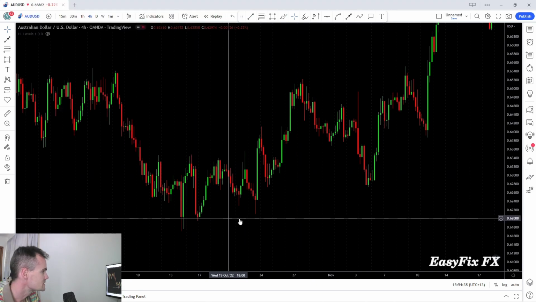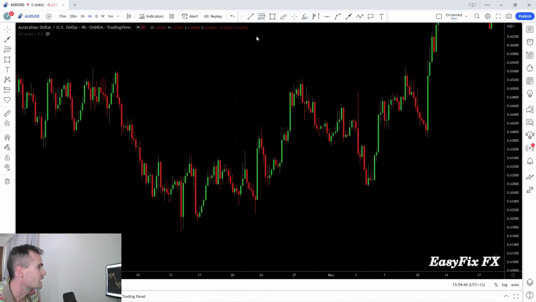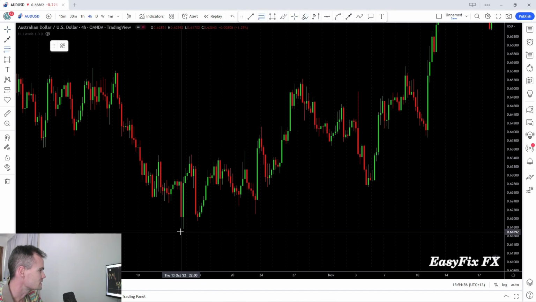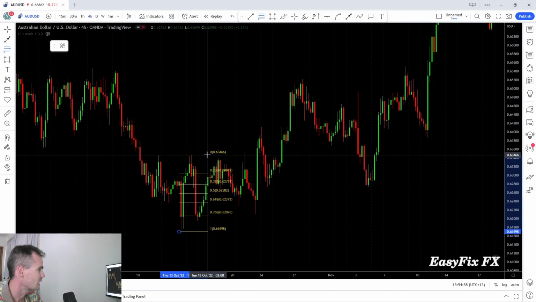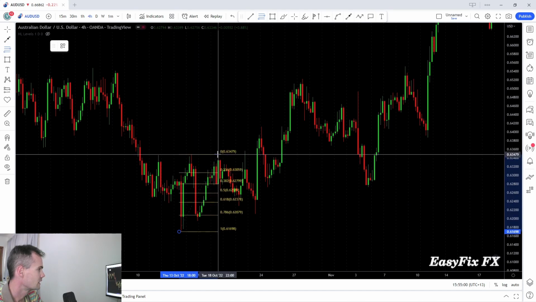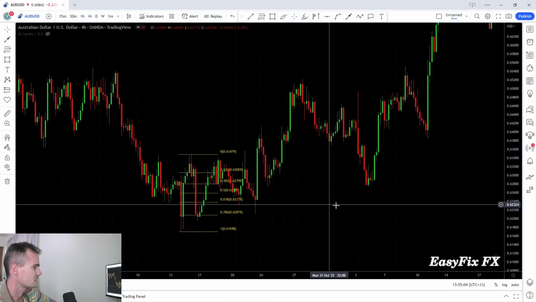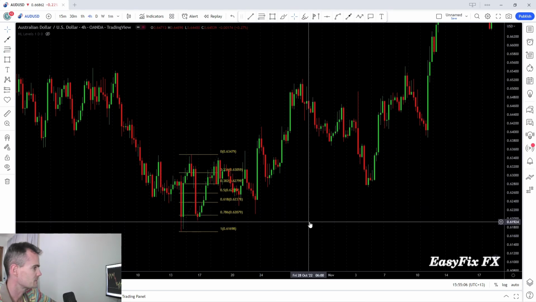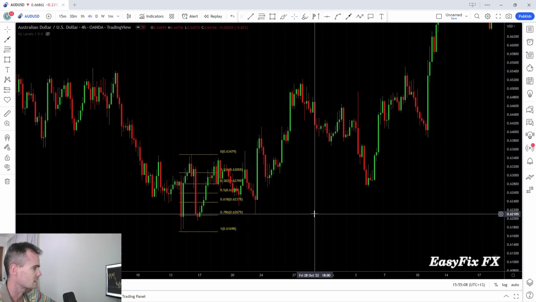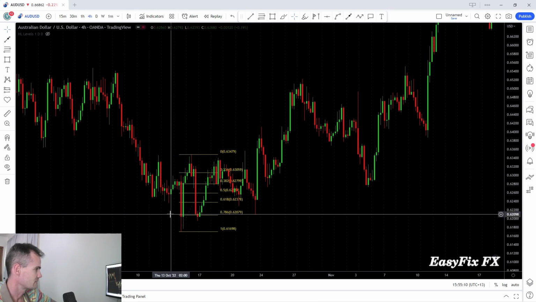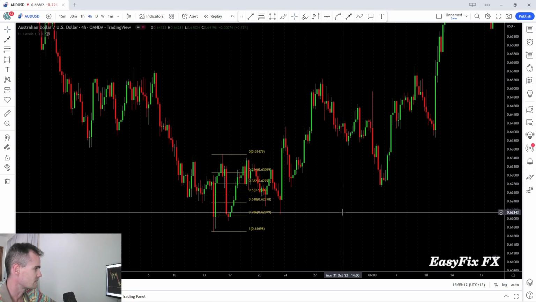So what you want to do, in this case for example, is go from the swing low to the swing high, like this, and you want to wait for a retracement. So you can see the 78.6. I like the 78.6 because that's normally the deepest retracement. So after you get a big rejection at a certain level,